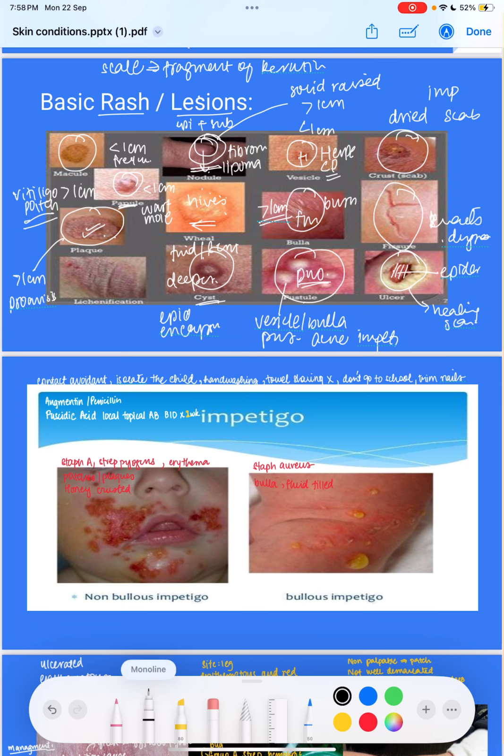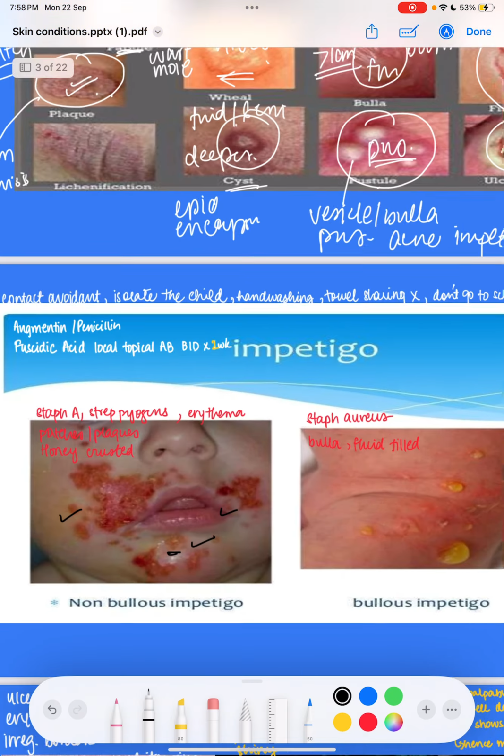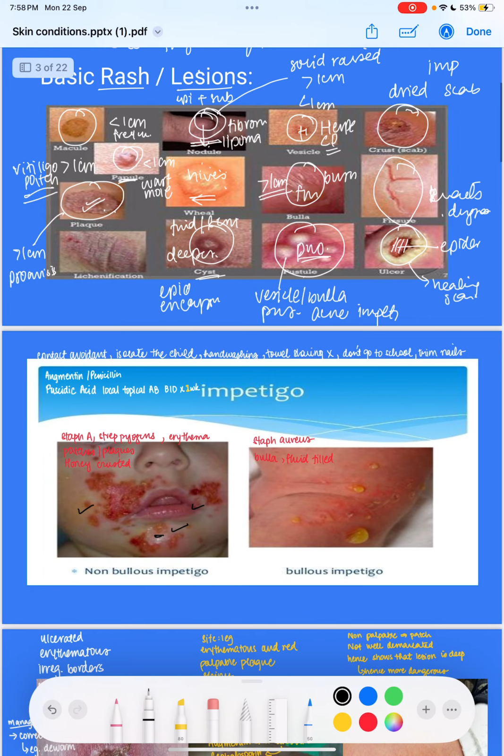We'd say that the patient appears to be a young infant with lesions present on the cheeks and on the chin. These lesions appear to be erythematous with a tinge of mustard, honey-colored lesions as well. These appear to be like pustules, that's how you would describe it in the picture. But otherwise, it is a raised lesion, and it is clearly more than 1 centimeter, so we would call it